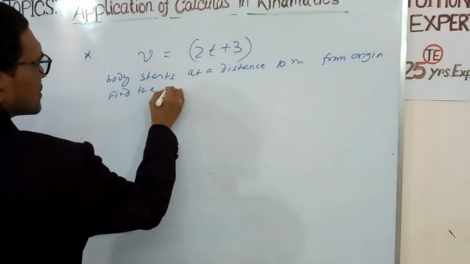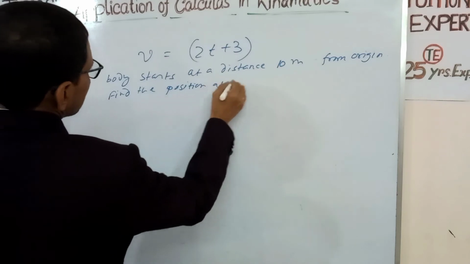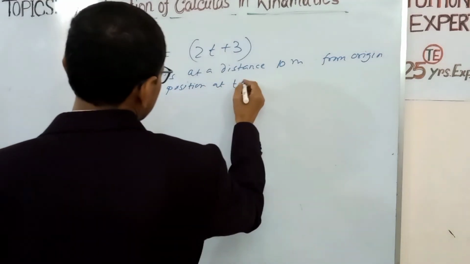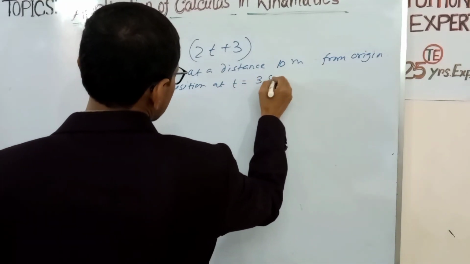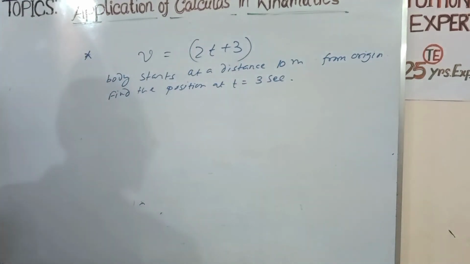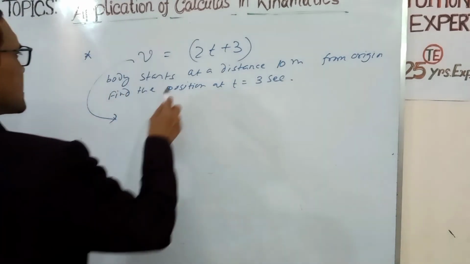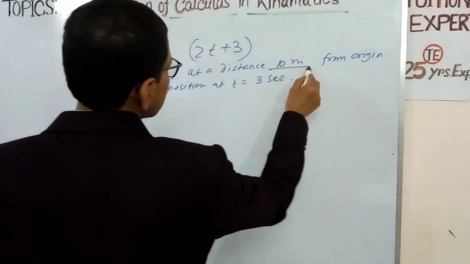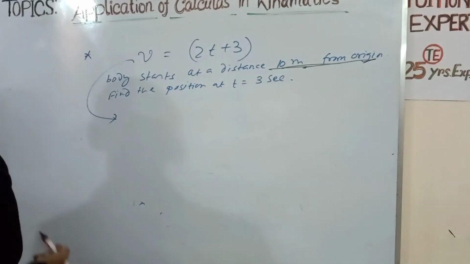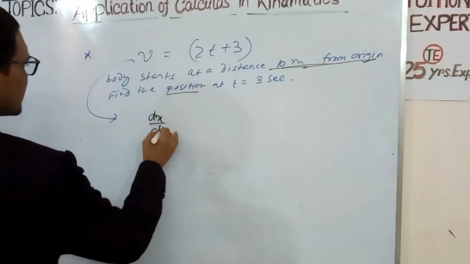the position at t equal to 3 seconds. In 3 seconds, what is the position of the particle? Here the language is, the particle's body starts at a distance 10 meter from origin. This is given. Now, to find the position, we have to write this,